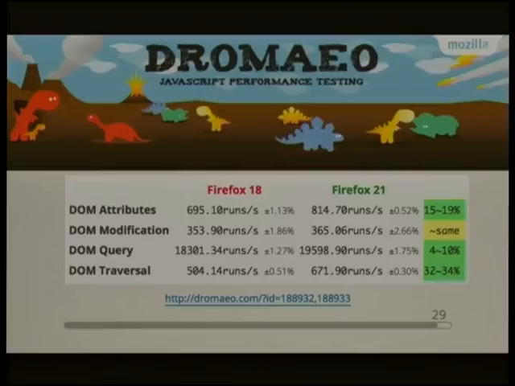But you can see here that with these particular test suites, the difference between Firefox 18, which is the current release, and 21, which is the current nightly, most of this difference is going to come from the IDL improvements that we've done, so implementing based on WebIDL. For some of them, we actually get quite substantial percentage increases in the number of operations that the test suite is doing. Obviously, I haven't actually looked into exactly what kinds of operations they are, but you can see the kind of effects